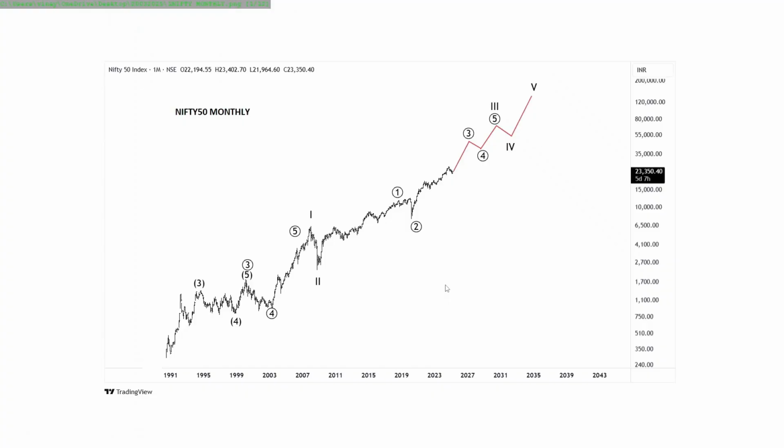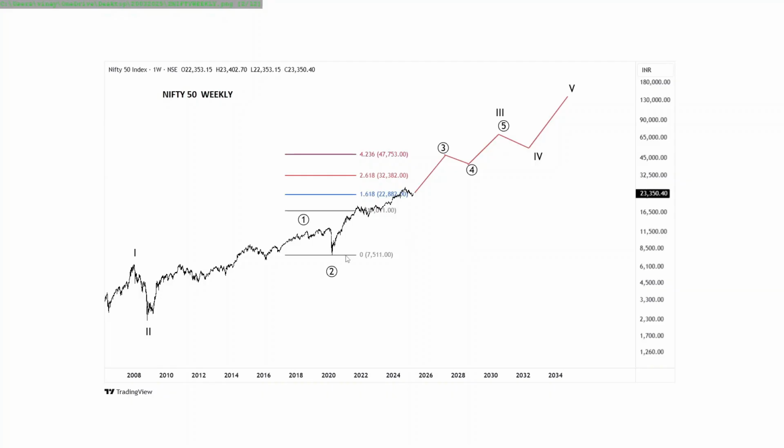Now let us discuss the Nifty monthly chart to see the bigger picture. As you can see that Nifty is in cycle wave 3, and this is useful information to see the bigger picture. To drill down to the weekly chart, we can see that from 2020 lows, Nifty is in primary wave 3, and if we apply the Fibonacci projections, then we see that it has already achieved 61.8% projection at around 22,800 levels, and is on its course to achieve the 2.618 Fibonacci projection, which is around